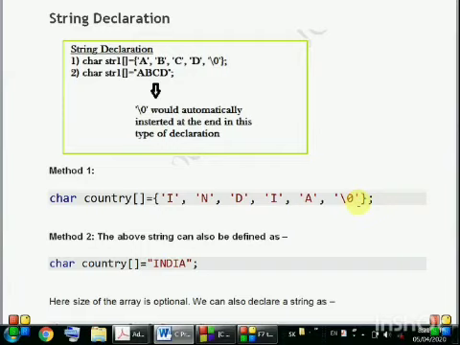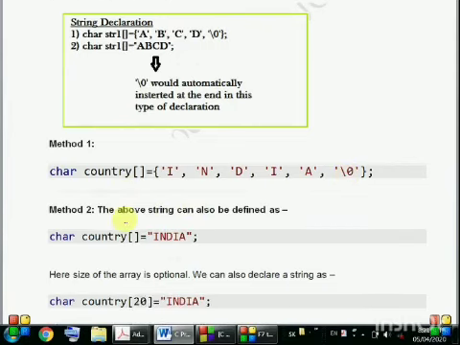If we assign the characters individually, then we have to assign the null character at the end of the string. And in the second method, the complete word India can be assigned by writing it in double quotation marks.